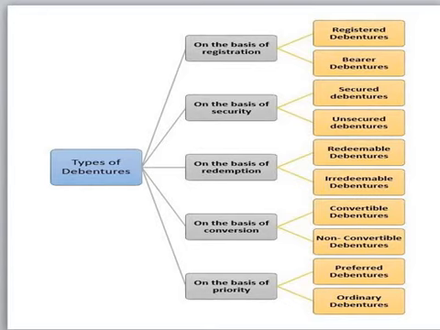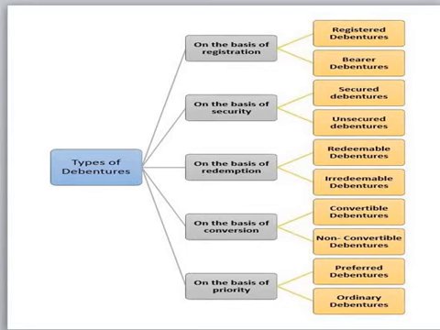Bearer debentures are debentures which can be transferred by way of delivery. That is, by mere transferring, the debenture holders can be changed. If Mr. A has a debenture certificate or a debenture, and Mr. A transfers that debenture to Mr. B, then Mr. B is a debenture holder. Such debentures are called bearer debentures.